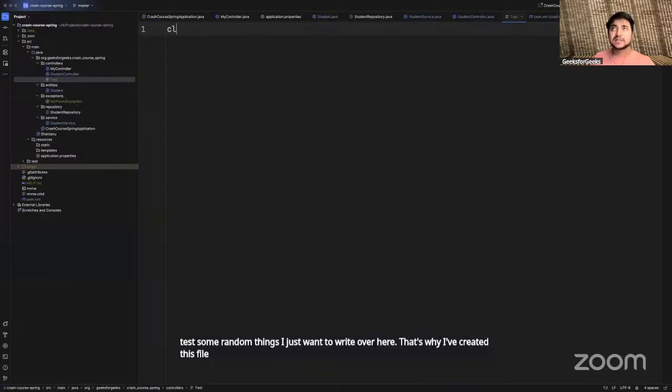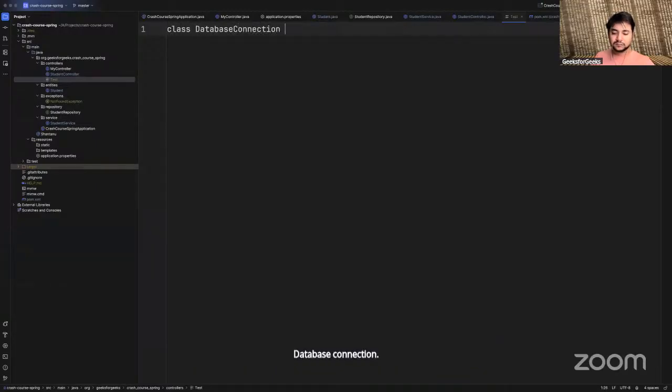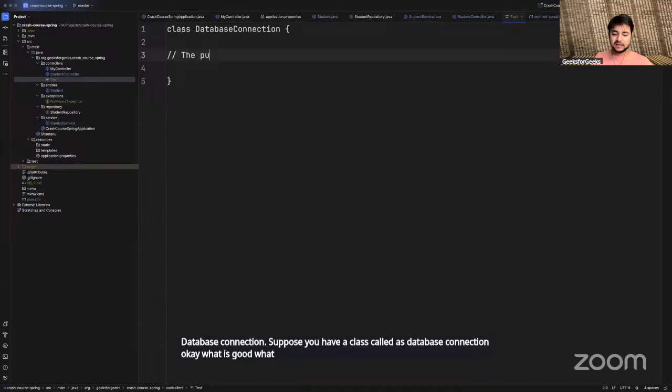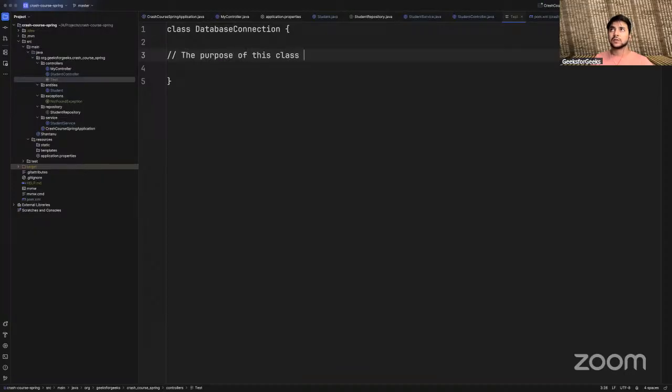Suppose you have a class called database connection. What is the purpose of this class? The purpose of this class is to connect to the database.